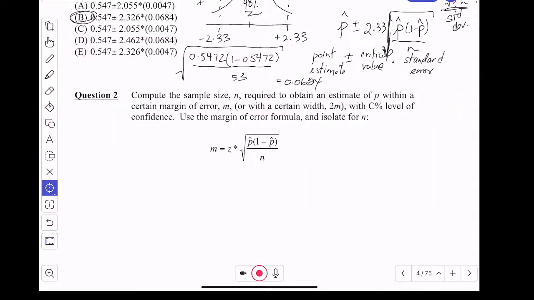It's a formula that helps you answer questions like, compute the sample size required to obtain an estimate of P within a certain margin of error M, or within a certain width 2M, with C% level of confidence. So that's a lot of general information for what you want to do. What we're going to do is take this expression